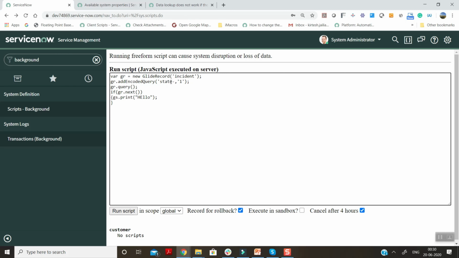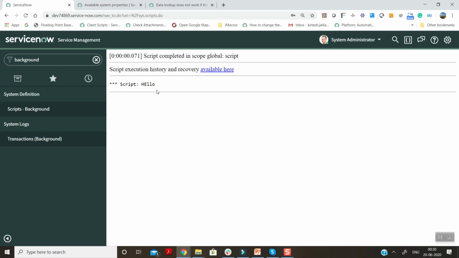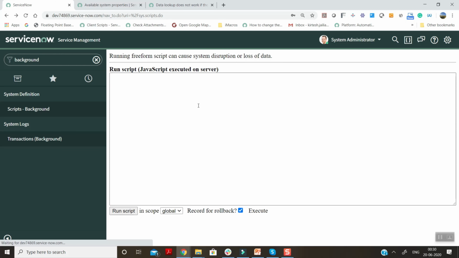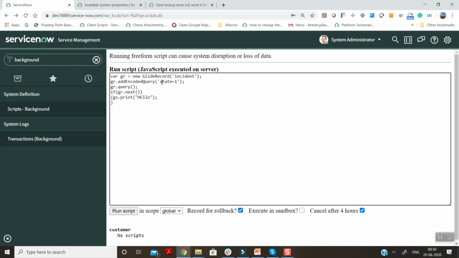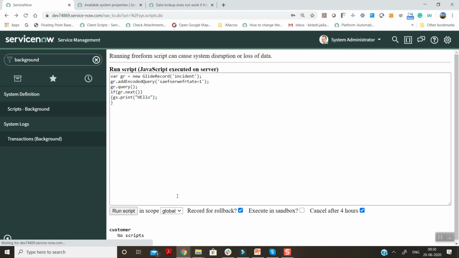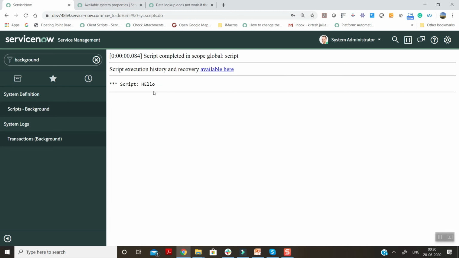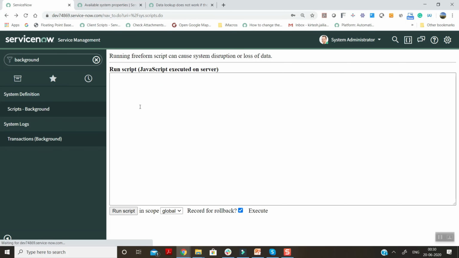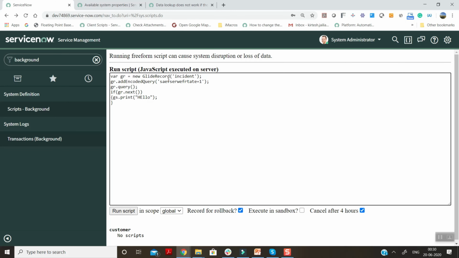State is equal to 1. Running the script. Oh, it is also working. Now I'm changing the spelling like this and see. Is it working? It is working. So this is the example of invalid query.